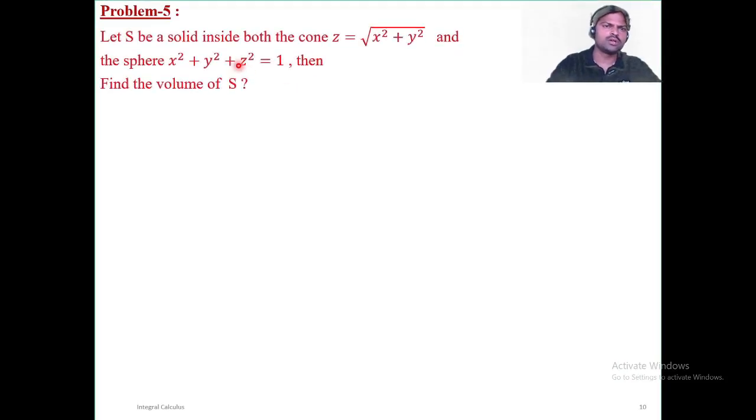Let S be a solid inside both the cone z is equal to square root of x square plus y square and the sphere of radius 1. Then find the value of S. If you look at the graph, this will be the required solid, and the same problem we have seen in the spherical polar coordinate lecture, right? So here what we are having is,